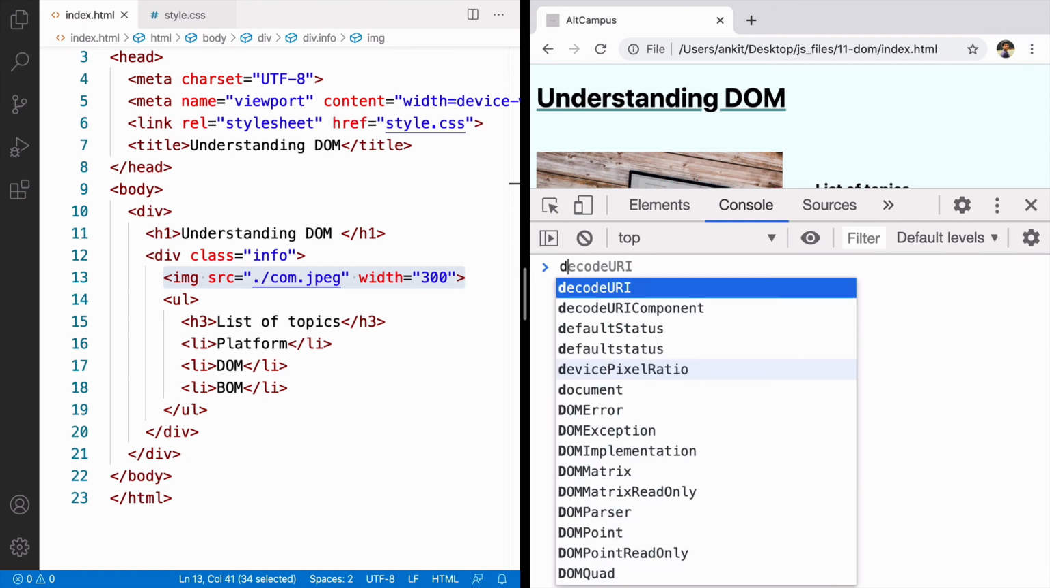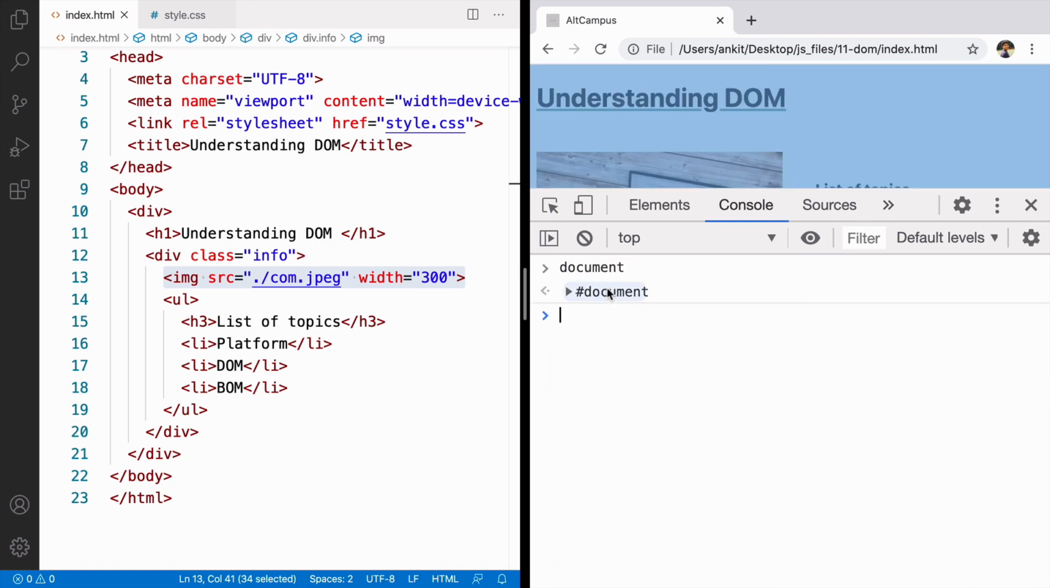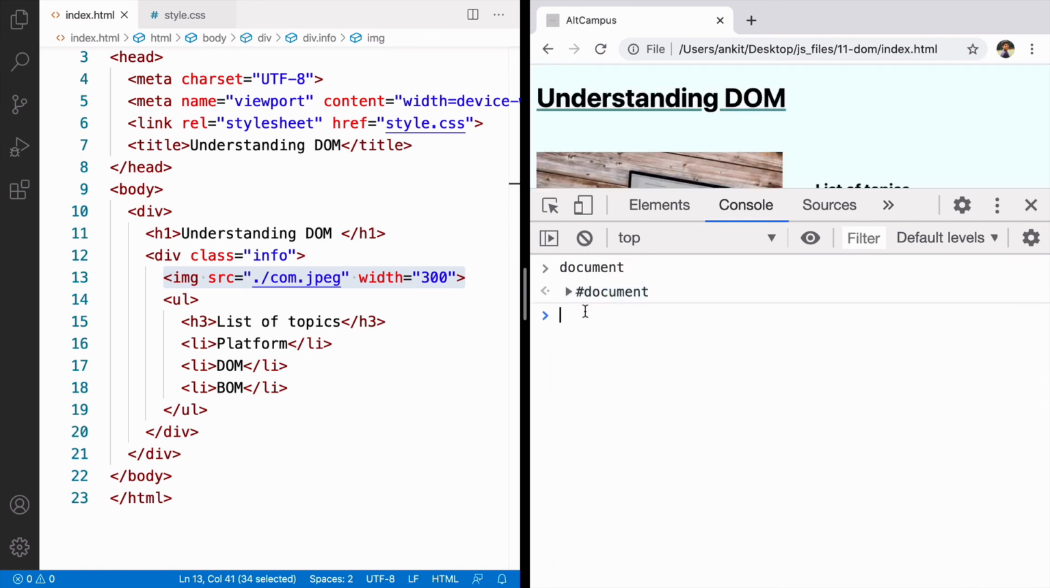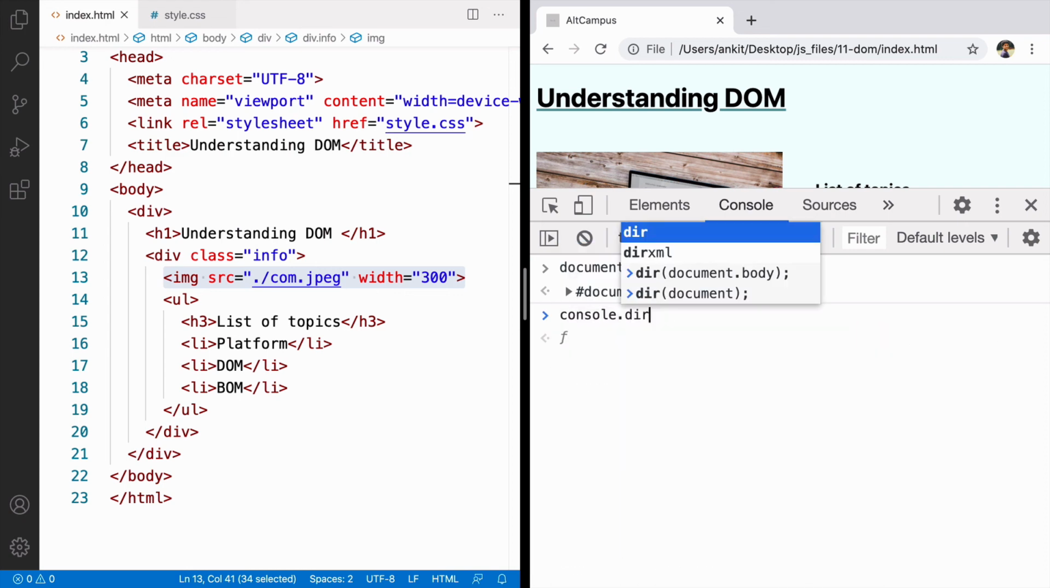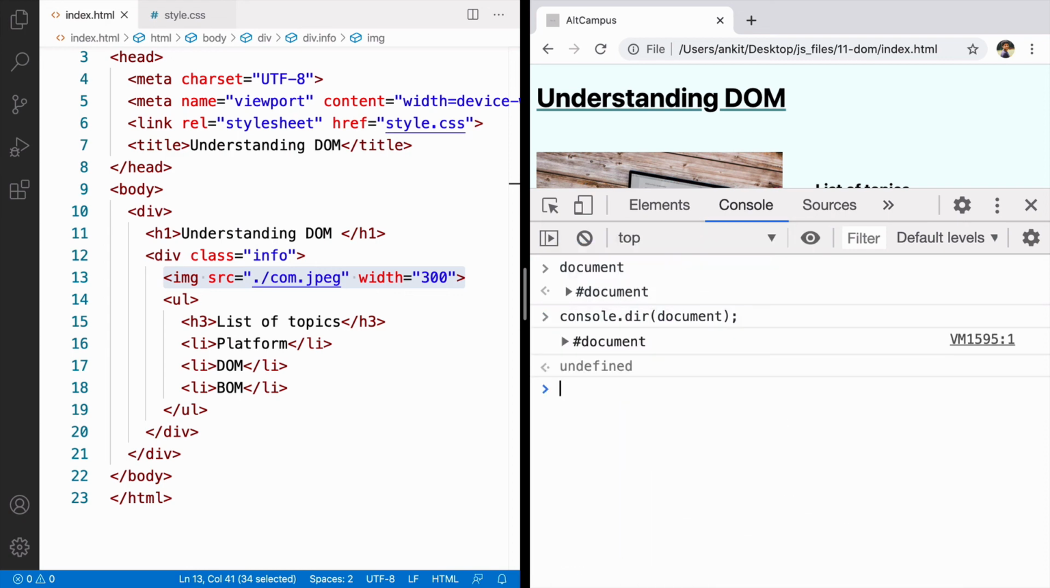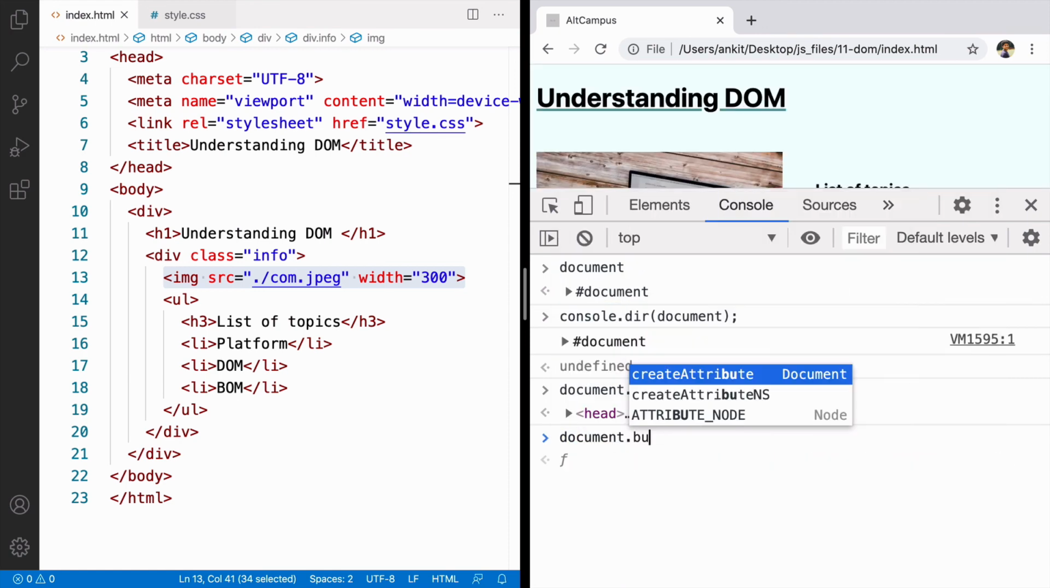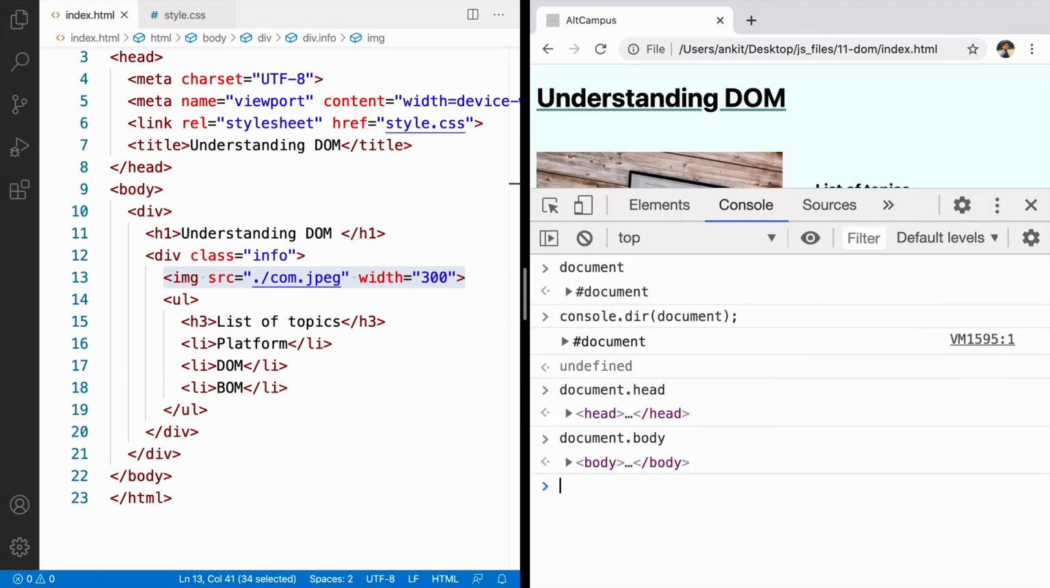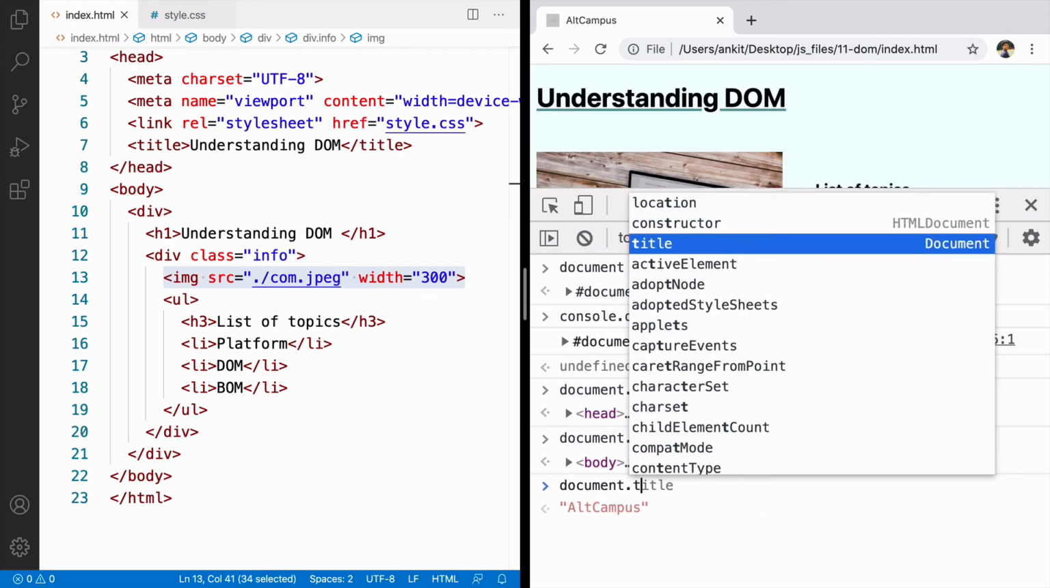So we learned about things like when you press document, you can see the whole web page. And to see it in object form, we can do console.dir. If we want to check the head, we can say document.head. document.body will give us the body of the page. Similarly, document.title will give us the title of the